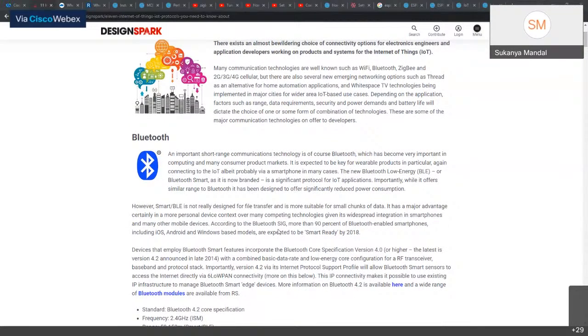And talking about industrial IoT, that means IoT on a larger scale. We have heavy machineries which are connected.